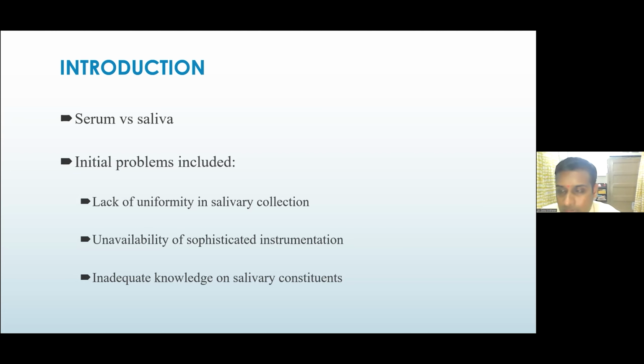You may not be able to see them in higher concentrations, because of which you need more sensitive and specific technologies or sophisticated instrumentation to identify these biomarkers even when present in small quantities. And of course, there is not much knowledge available on what the components of saliva are and from where these components come into saliva. Hence, the possibility of using saliva as a biomarker did not really push through,